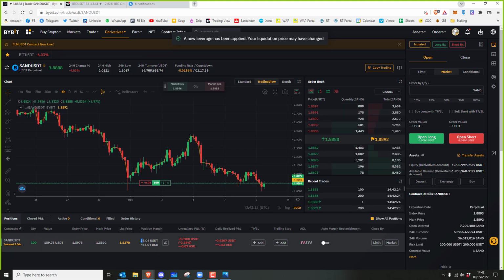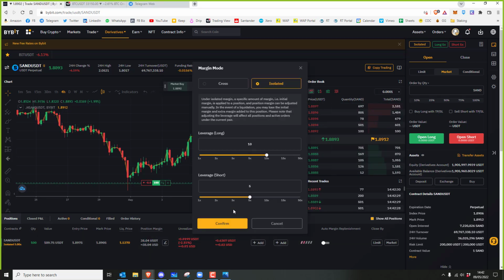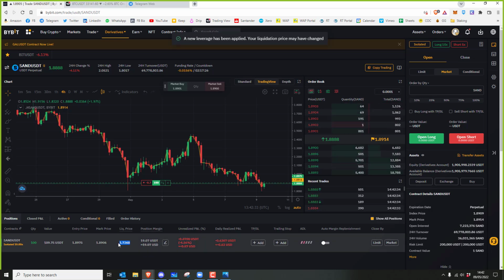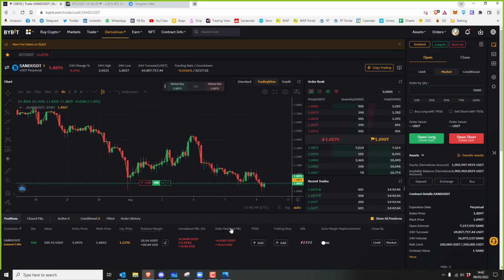So you can see that the position requirement has changed. And every time you change this, so too does the liquidation price. Okay, so this is what I mean by you can really get in trouble. So let's just go back to 5x, and I'll show you something. I know this is really boring, but it's important to know, folks, because this is where most people actually blow up their accounts by not understanding this.